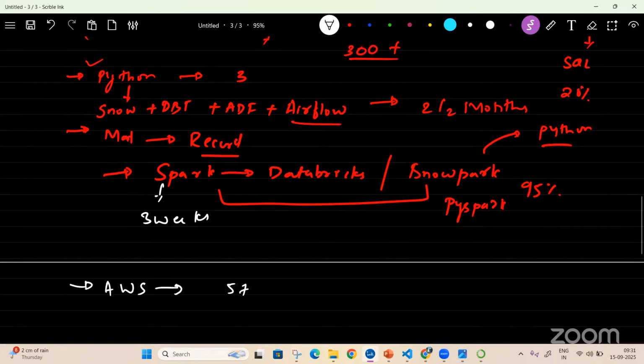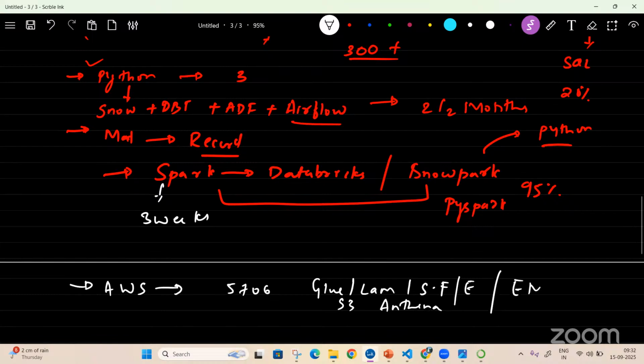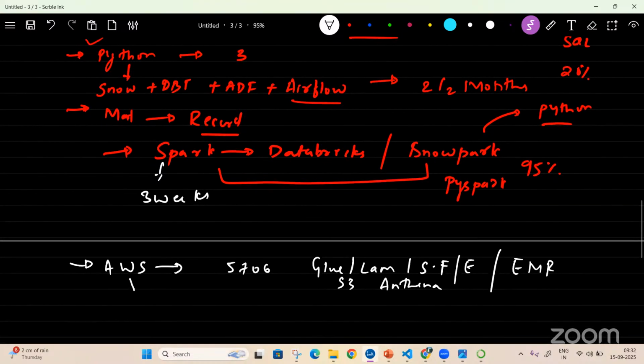Then at the end, we'll take AWS and all the required services, like 5 to 6 services, for example Glue, Lambda. We have Step Functions to orchestrate inside AWS. We have EventBridge to schedule your events. Then we have S3, Athena, EMR. These services we'll learn with respect to AWS, and AWS will again use Airflow to schedule the pipeline. This is how the flow will be. It will go for again 3 to 4 weeks.